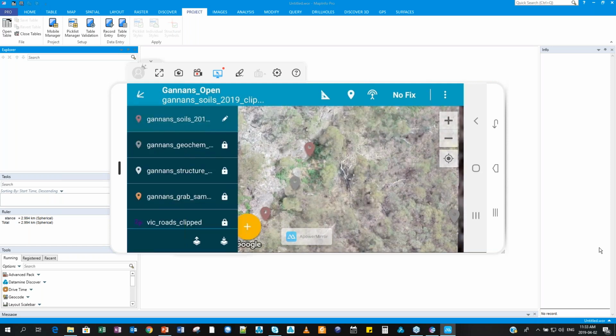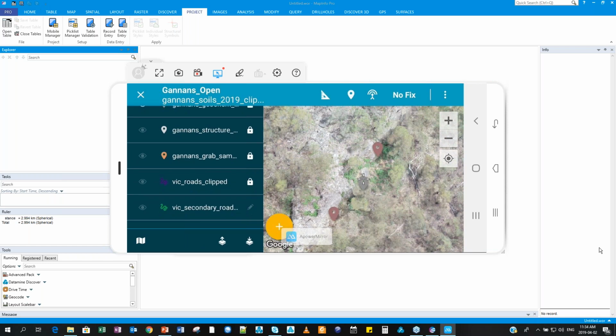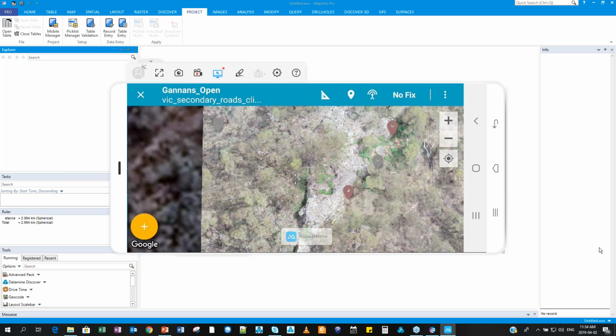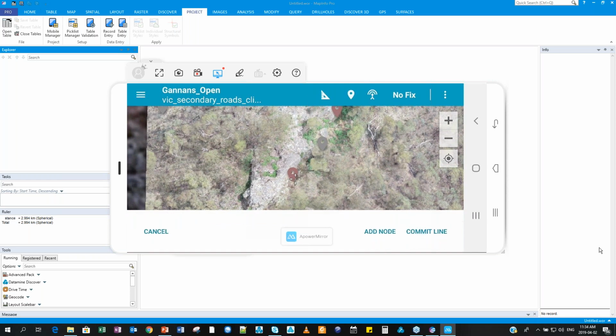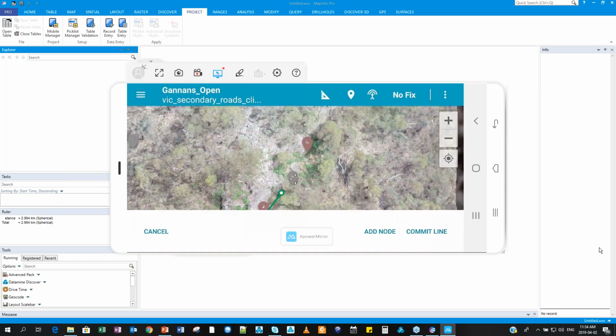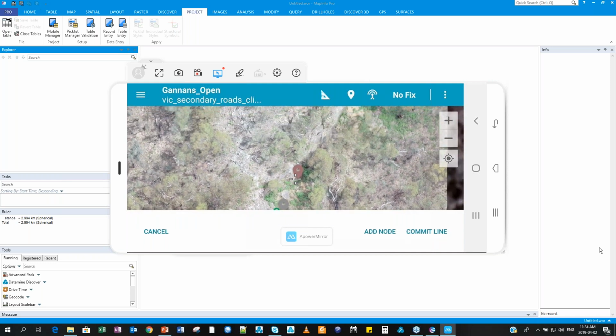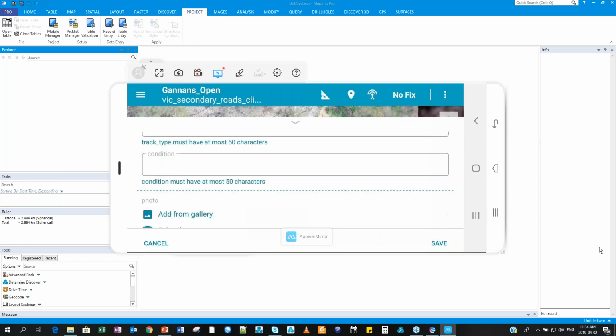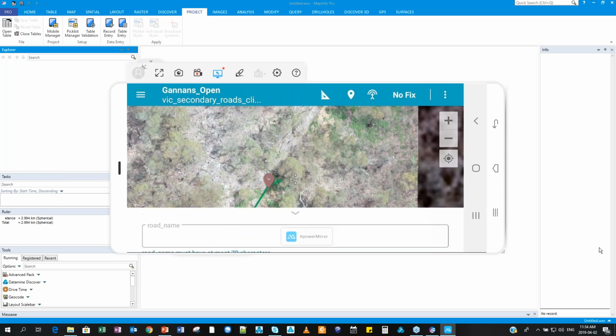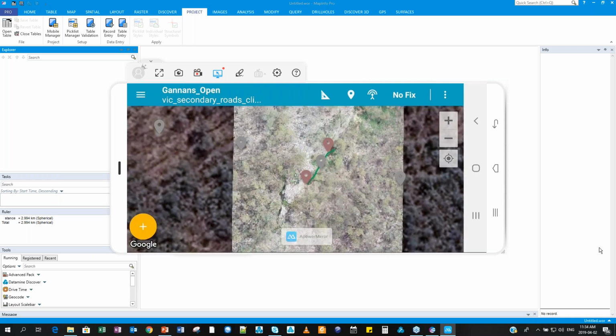That's for points. We can also digitize some lines. So let's say, for instance, this Vic secondary road, we want a track point for that. Move this to the side. We can simply hit the cross. Again, it gives you the option of taking your current GPS location or manually typing in the nodes. So we can add a node, add node, add node. And once you're happy with it, you can commit line and you can enter the metadata in here. Okay, so fairly straightforward,